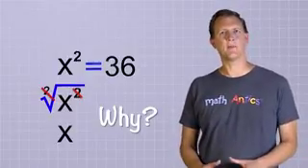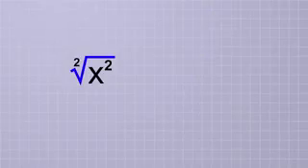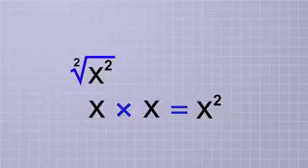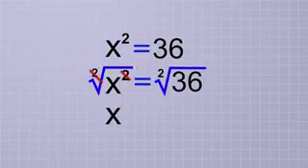Well, think for a minute about what the square root of x squared would mean. It means that you need to figure out what number you can multiply together twice in order to get x squared. But that's easy. X times x is x squared, so that means that the square root of x squared is just x. So to solve this equation, we take the square root of both sides of the equation